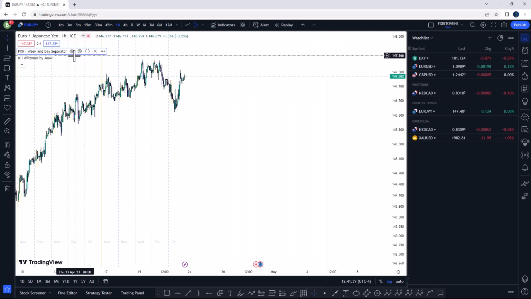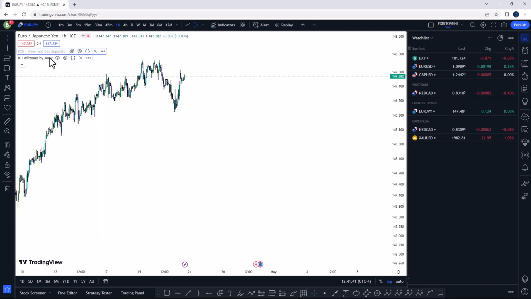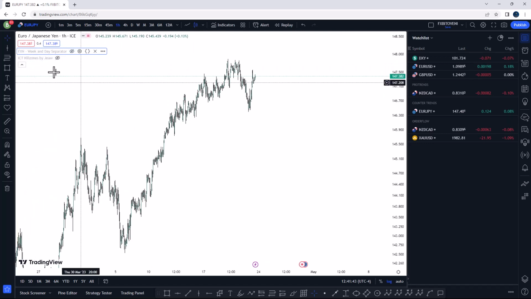As you see, the indicator is now working, and try to think how this market is going to move. So from 12-month time frame,